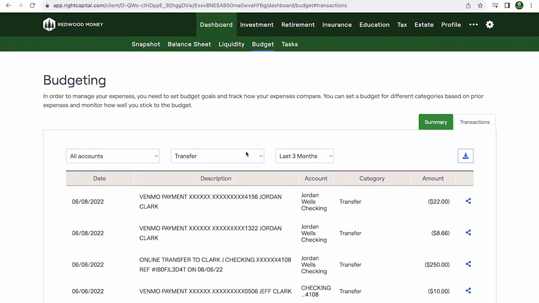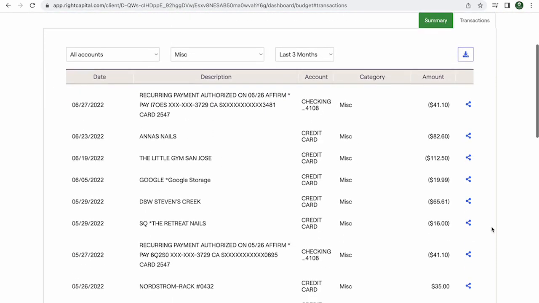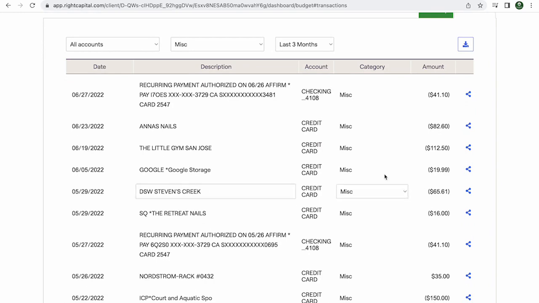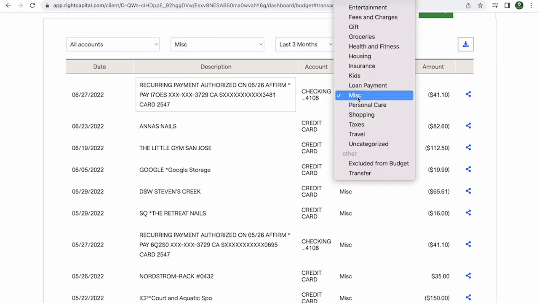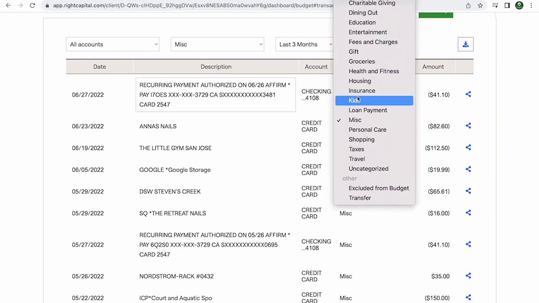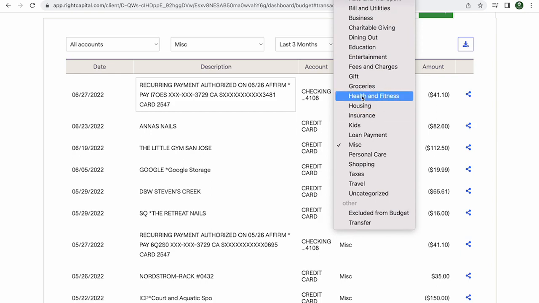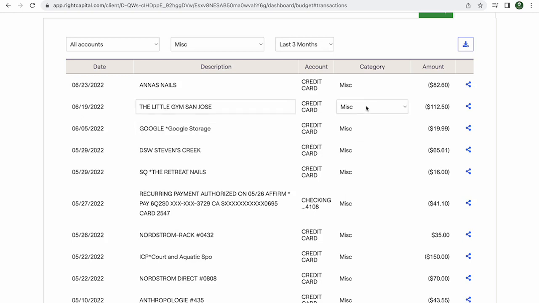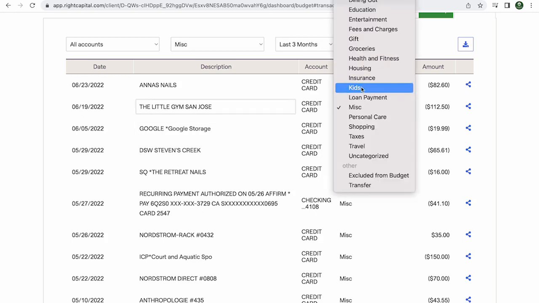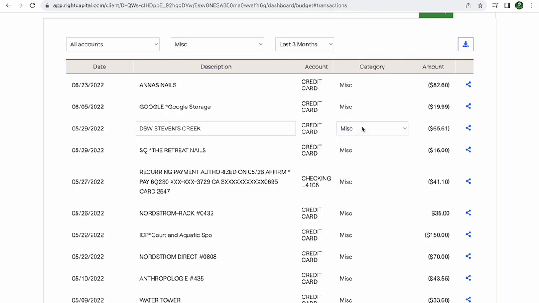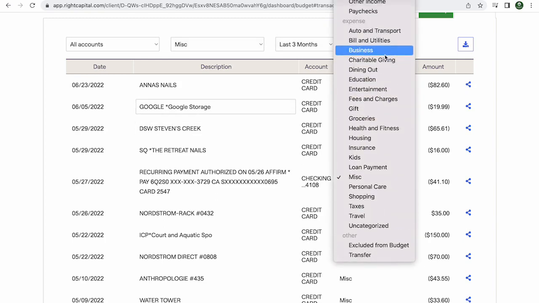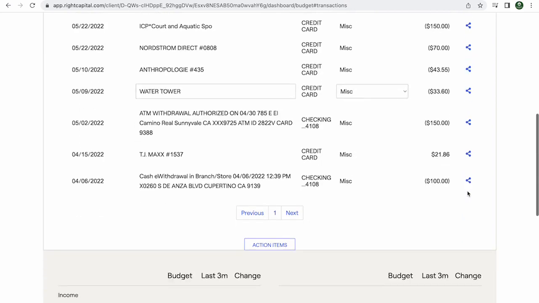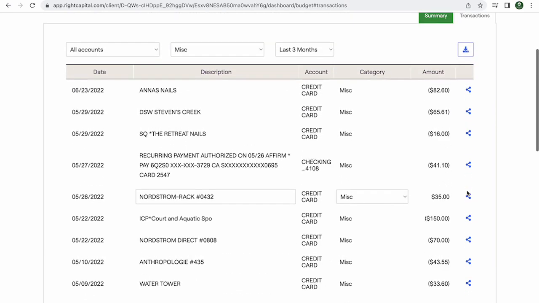Then the second category that you need to check out is miscellaneous. Miscellaneous is stuff that the software just didn't know. Maybe the engine hasn't picked it up, but you can come in here and you can quickly change these things. So I know that this is a Peloton, so I'm going to make this one gym expense. Is that what it is? We'll call it personal care. Might be health and fitness. The Little Gym is Sophia's gym, and I can come through and adjust this. Google might be a business expense. There won't be a ton of these, but you can recategorize them, and that'll make sure that each thing is